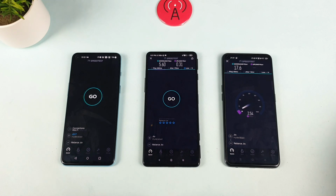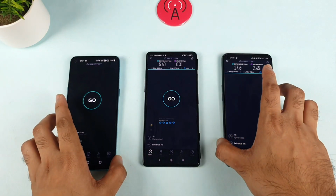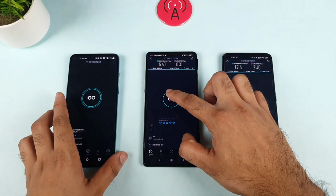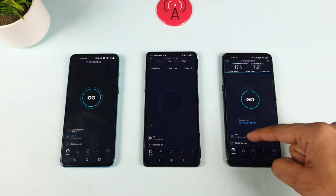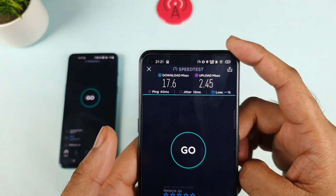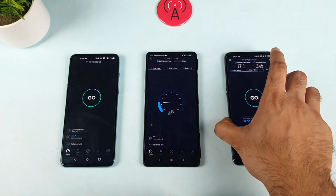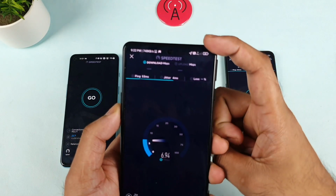So 17.6 Mbps, not bad. 17.6 I'm getting. 17.6 is really good for indoor conditions, friends, trust me. So next is the Poco F3 GT. Let's see. I'm trying to use only the Jio SIM during this testing. On the Jio SIM, I'm getting 4G plus aggregation in this phone, the Realme X7 Max, and in the same location using the same SIM card without 4G plus,